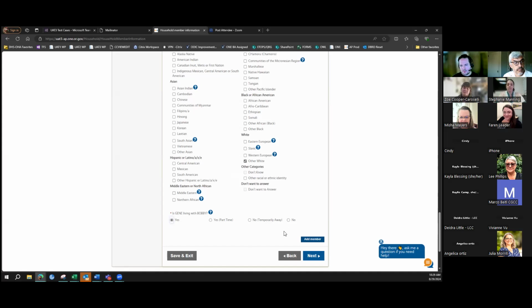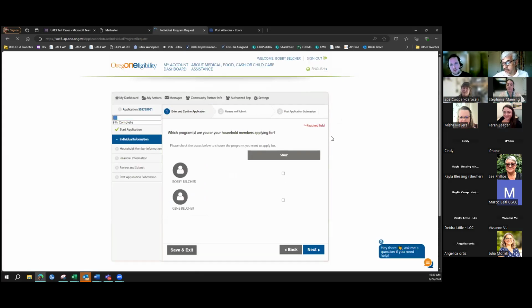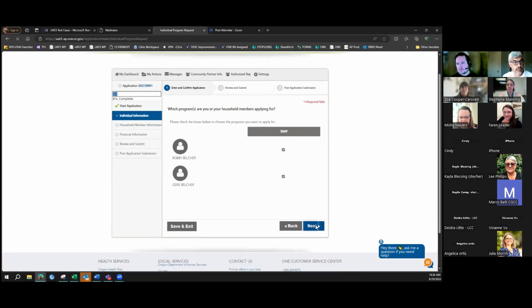This goes towards, for certain household members, determining if they need to apply together for certain benefits, or if they can request benefits separately from each other. And that applies specifically to SNAP, in terms of, if we have a household made up of family members, who has to apply together versus a household made up of just friends and roommates, who has to apply together, and whose circumstances, income, things like that are taken into consideration when determining eligibility. So we'll say both are requesting SNAP benefits.